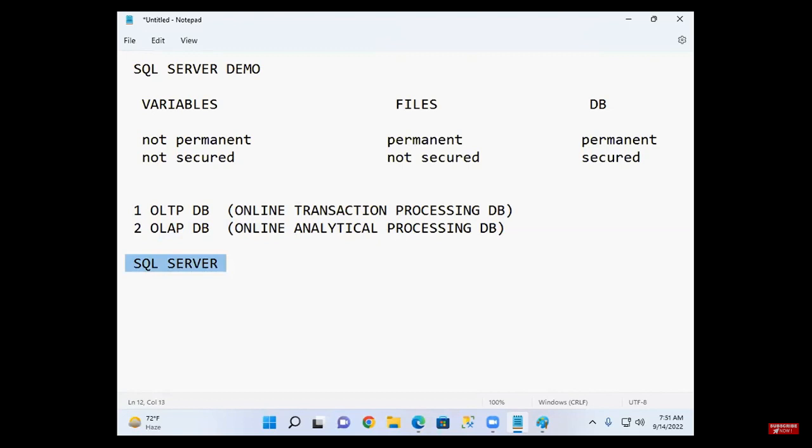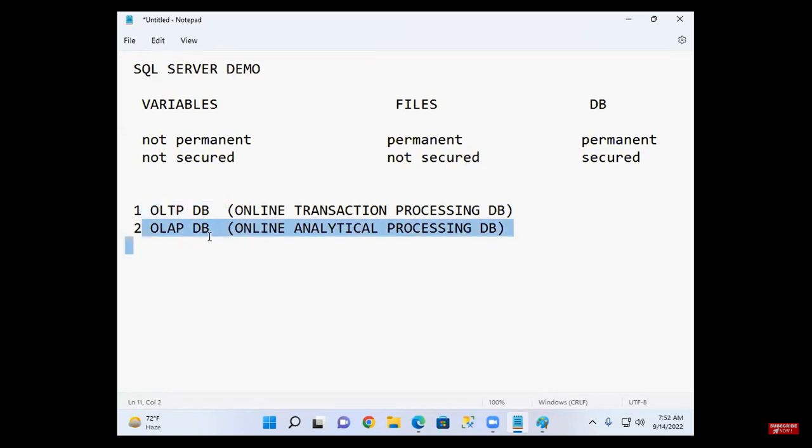Now, what is SQL Server then? Is SQL Server used for day-to-day transactions or analysis? SQL Server can be used for both. You can use SQL Server for storing day-to-day transactions, and you can use SQL Server for analysis.